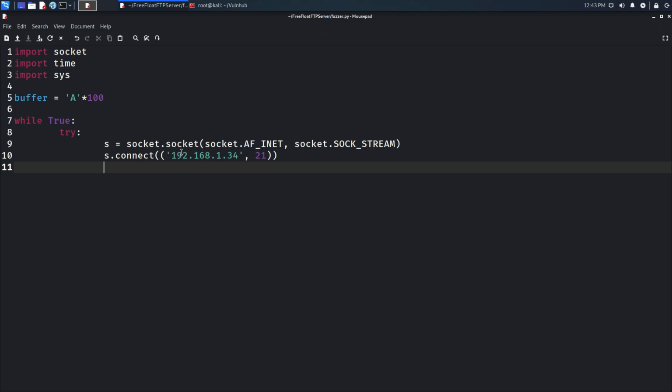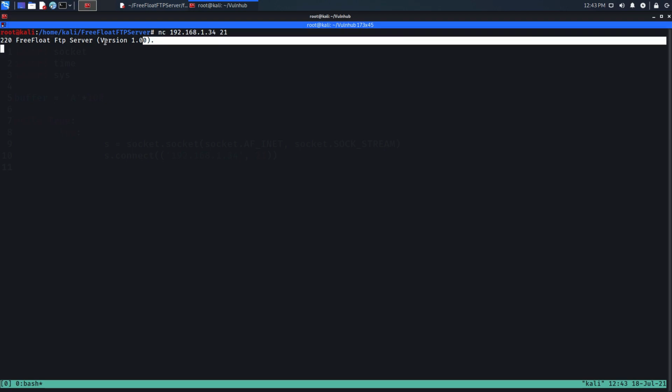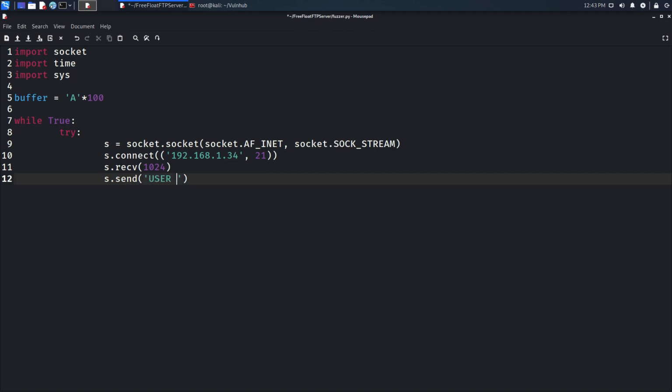Now if you noticed, if we go back and connect to the FTP server once again, once we connect, it actually sends us a banner. So instead of sending this buffer first, we will have to receive the banner. We are simply going to receive 1024 bytes. Now we will be sending the user. We need to be authenticated, and any username and password will work in this case. So let's say USER anonymous,